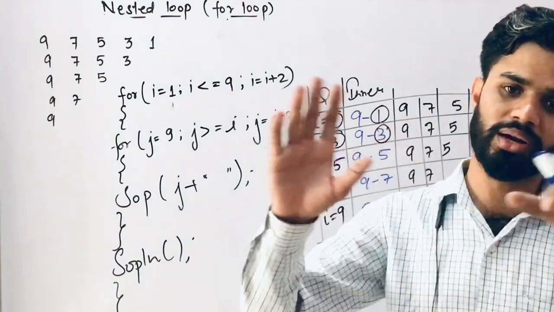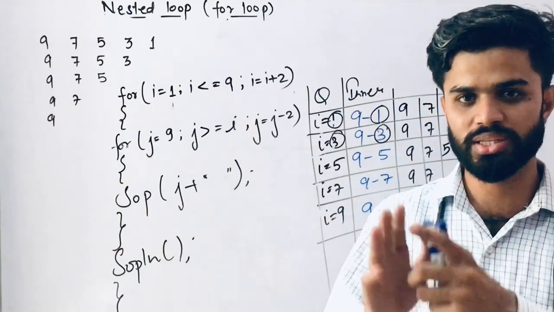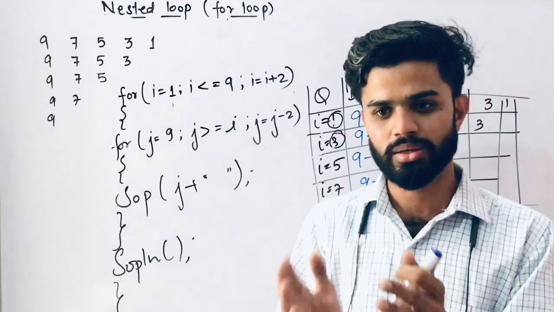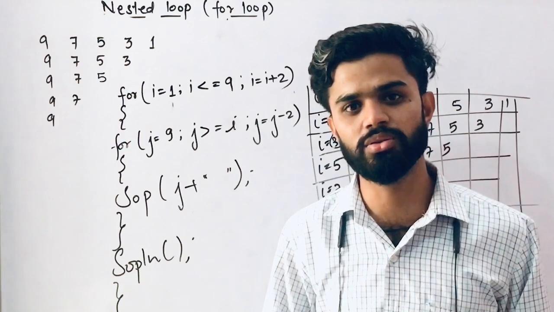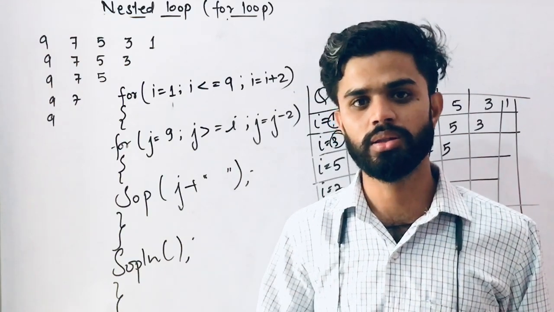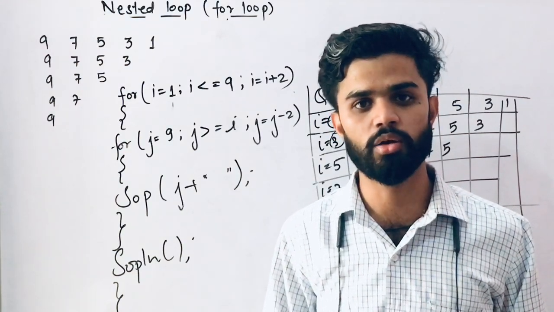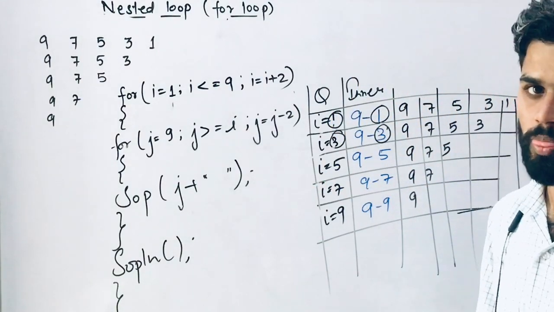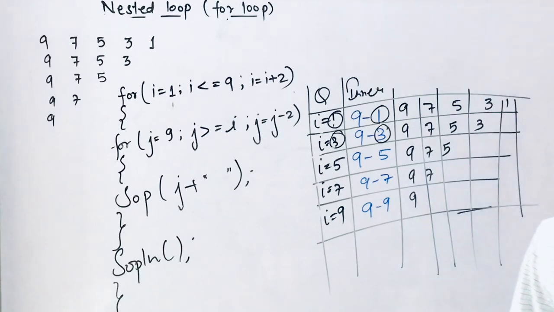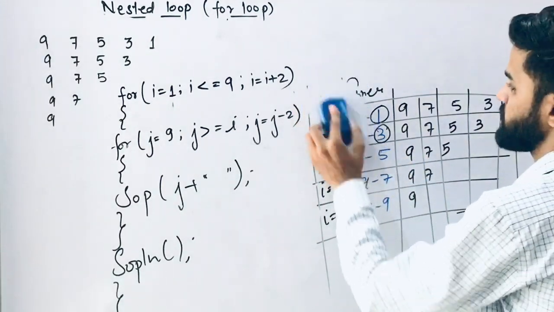So you can also do the same thing. First of all, you can write the proforma, or you can say the syntax of your program, and then you can start changing the values, because when you start changing the values, you are able to find the logical relation between inner loop and outer loop. And now see, our program is printed. Let's see one more thing, how the program is processed.